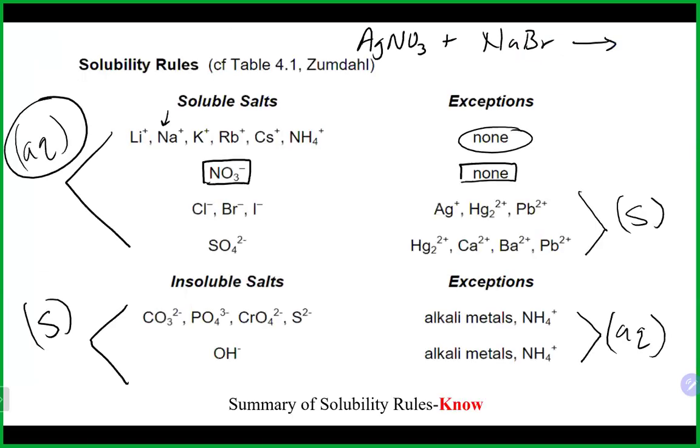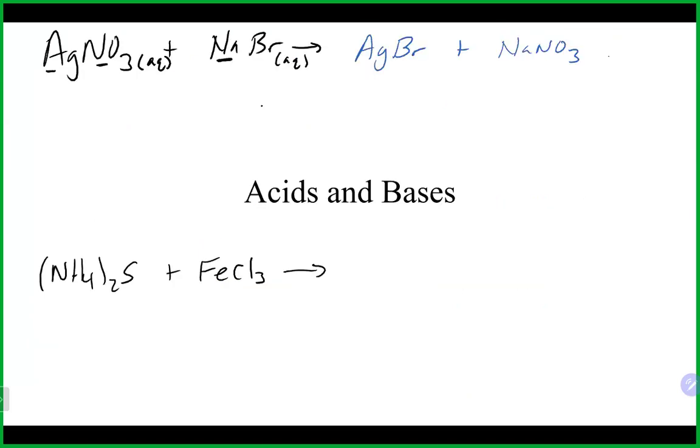And if I look at the bromine, it also is soluble, but there are three exceptions, which is silver, lead, and mercury. And in this case, my bromine is with sodium, which is not one of the exceptions. So it would also tell me that it is